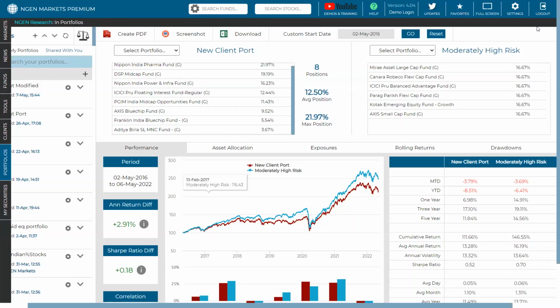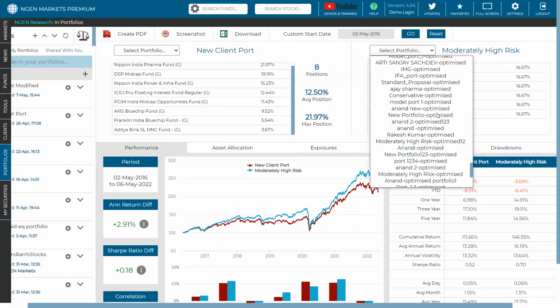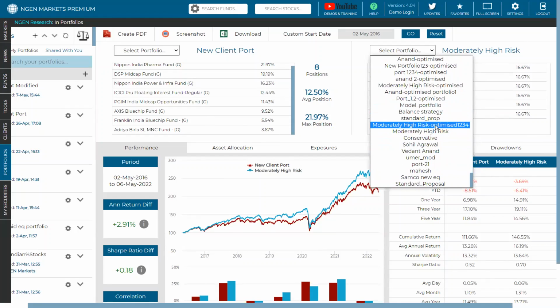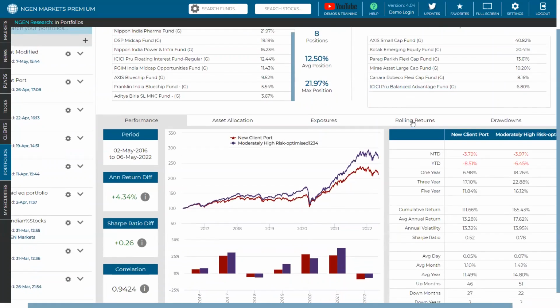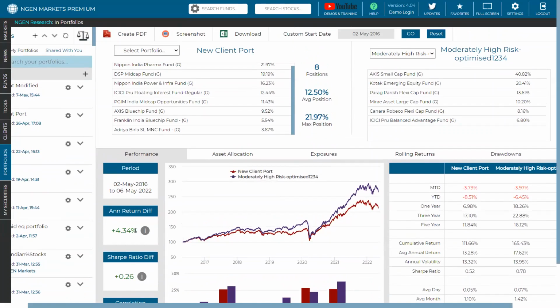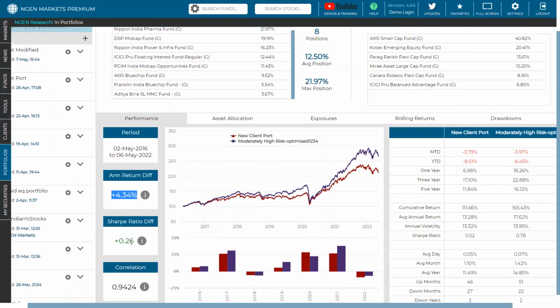To achieve that, all you have to do is look for that particular model portfolio which we have saved, and accordingly you can see that our annual return difference has increased. Now here even the Sharpe ratio has increased. So it means we are taking lesser risk, or maybe similar risk, and giving you better returns. So that's how you can do those comparisons